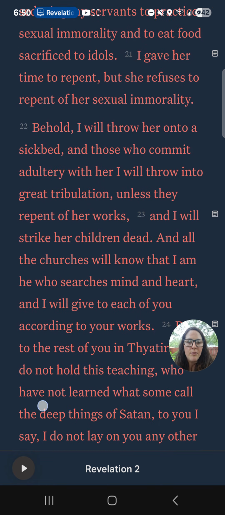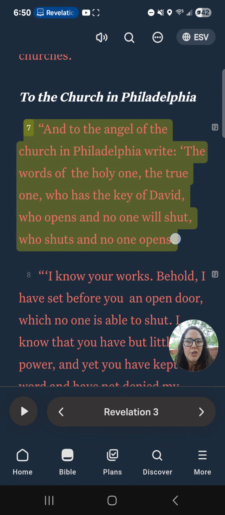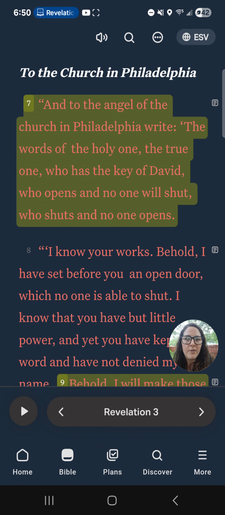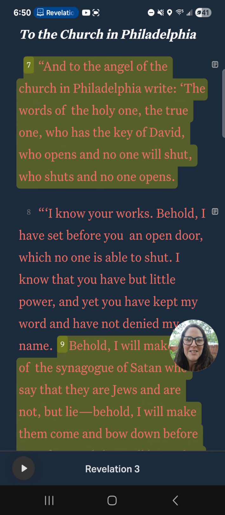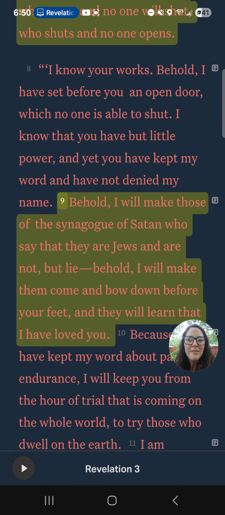And then we go through all the other churches, and Jesus has something to say. There's only one other church that he has nothing against, and that is the church of Philadelphia. The angel of the church of Philadelphia write the words of the Holy One, the true one, who has the key of David, who opens and no one will shut, who shuts and no one will open. Behold,